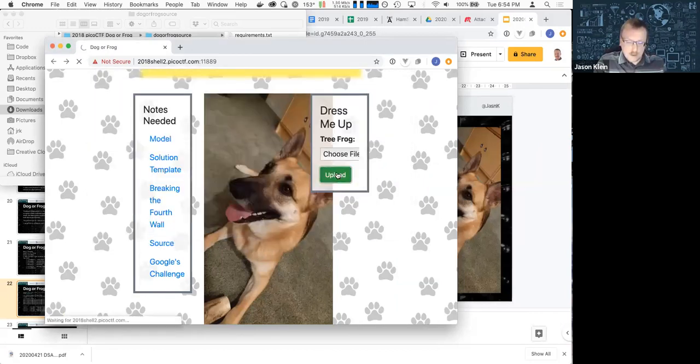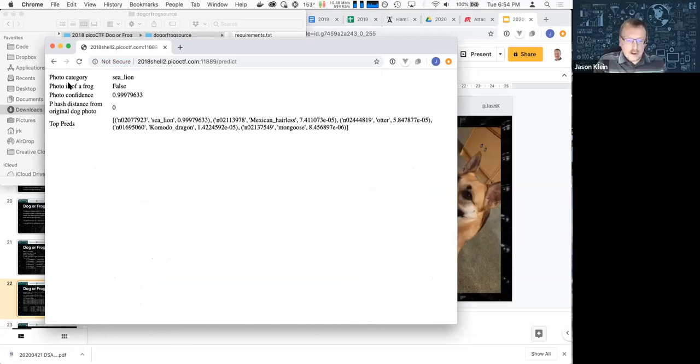And even though it's a picture of the dog, the very strange thing here is, okay, it shows it's a sea lion. It's 99.9% sure it's a sea lion. And you can look at the other predictions. I mean, it's so sure it's a sea lion that this is like 1/100 of a percent confidence. The rest of these are worthless predictions. And so then that got me to scratching my head. It has a distance from the original dog photo of 0, which, I mean, visually makes sense, but I got to scratch my head, like, how did they do this?